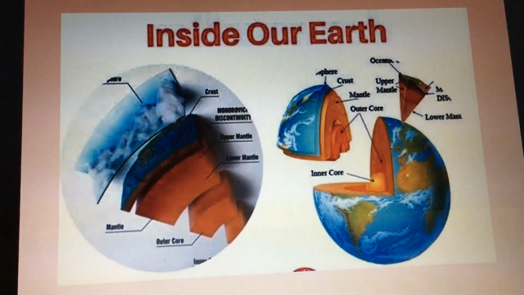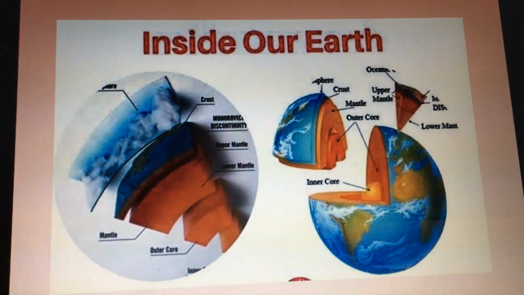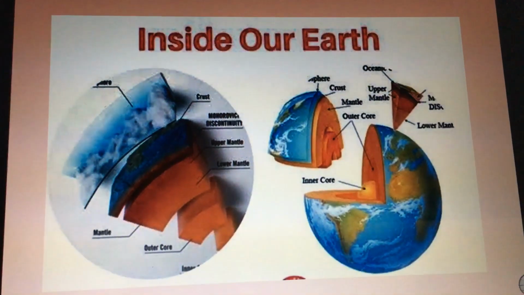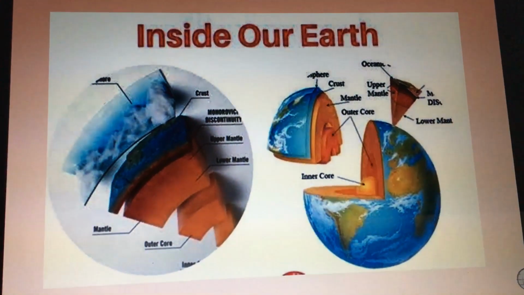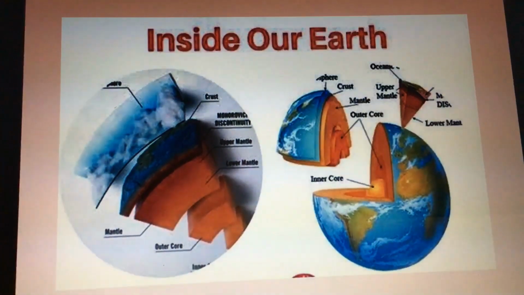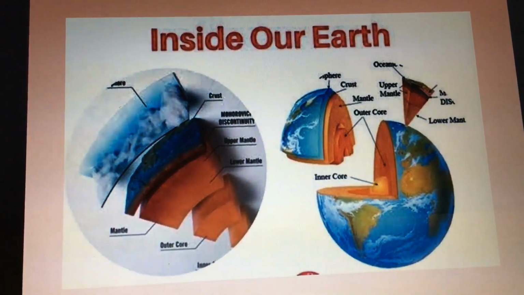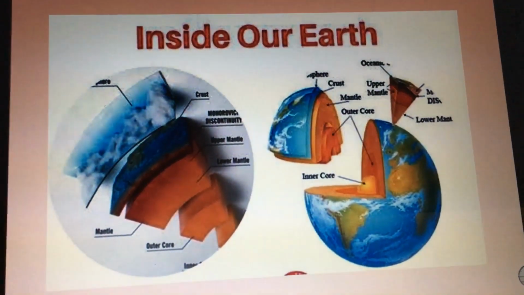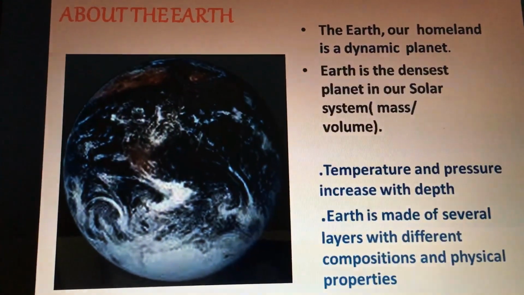The foremost thing about our Earth, on which we are living, is that it is about 460 crore years old. Yes, you have heard it right, it is 460 crore years old. And it is impossible to reach the center of the Earth because the temperature inside increases with the increase in its depth. The deeper we go, the more the temperature rises, and the material of the inner layers is heavier than that of the outer layer. So these are some of the facts which I want to discuss before we start our chapter. Let's begin with our chapter.